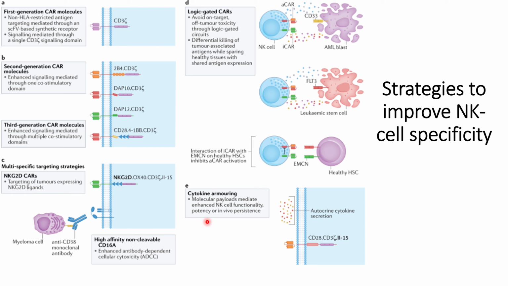The last example shown here is cytokine armoring. In this case, how much of the antigens or tumors are present on the extracellular domains will determine the payload of the autocrine cytokine secretions. Autocrine cytokine secretion will also help in improving NK cell functionality and also its in vivo persistence. So this is one of the examples, that is cytokine armoring, where if the tumors are present, then these signals will get triggered